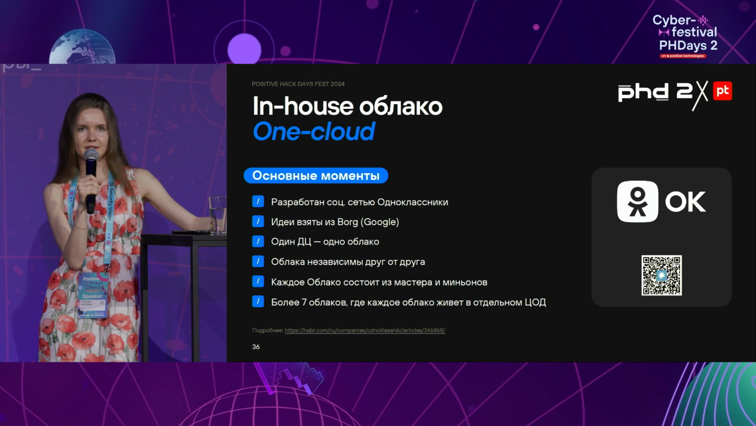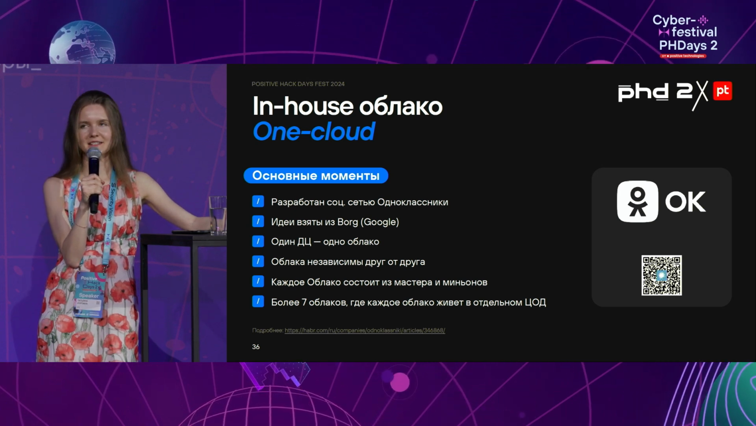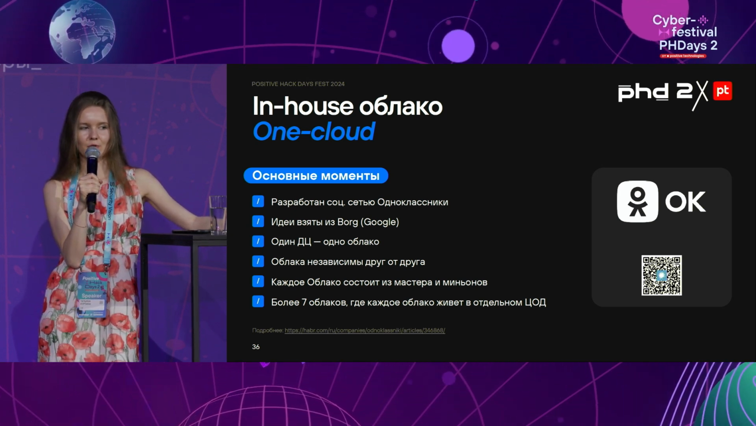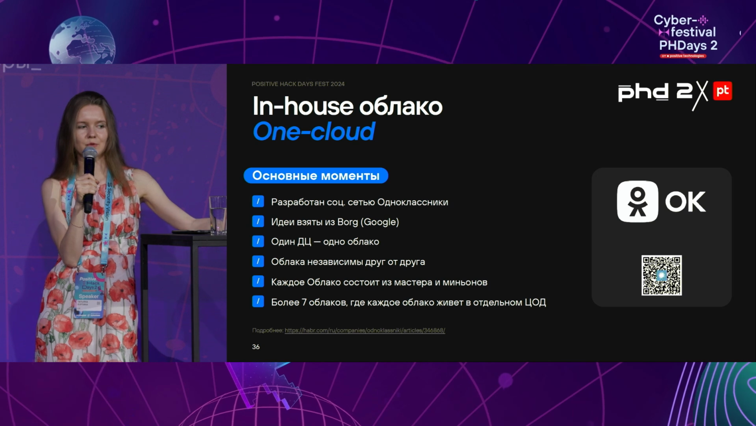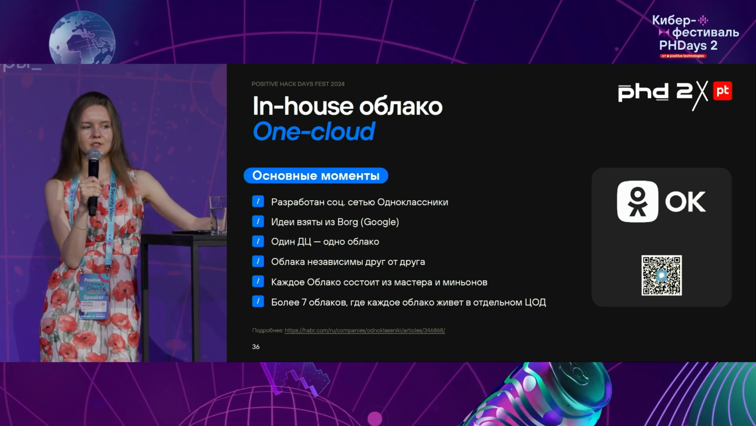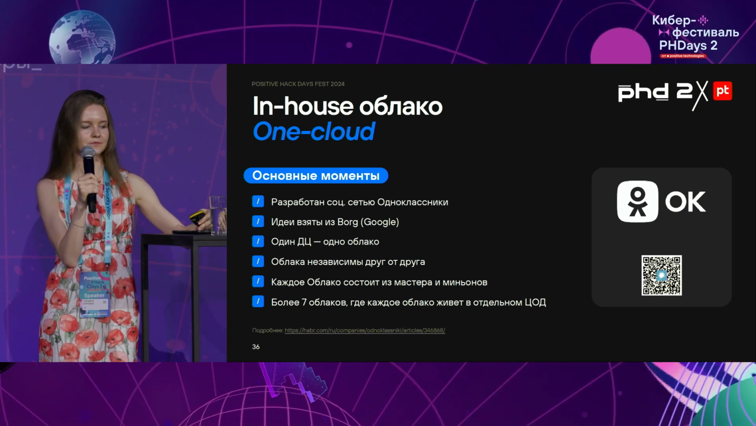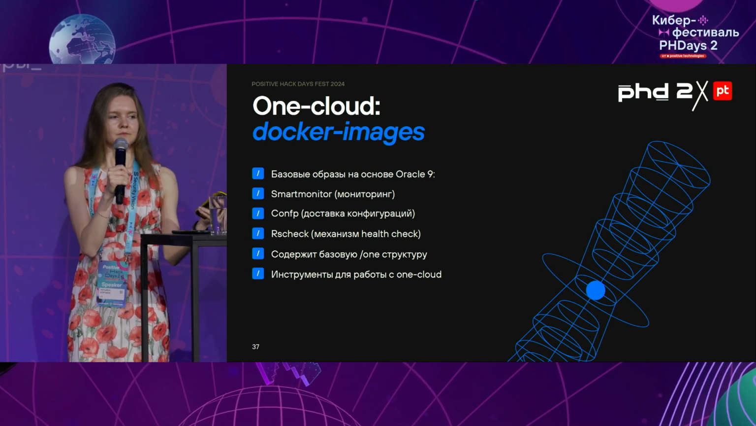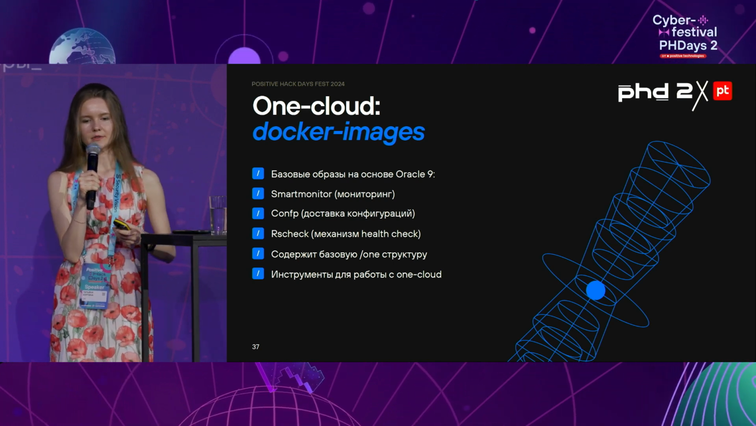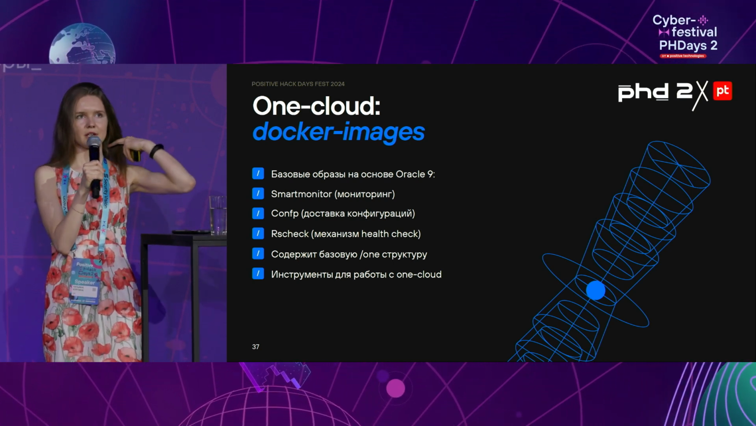One Cloud was developed by Odnoklassniki, the social media network. They are independent from one another. Each cloud is made of 7 clouds, where each cloud lives in a separate data center. The One Cloud services,